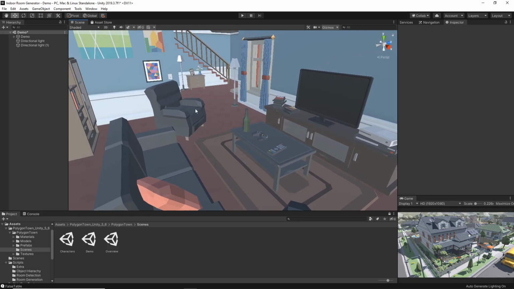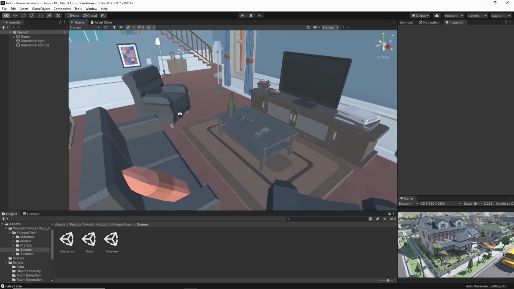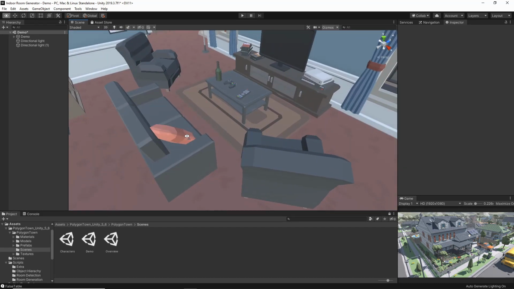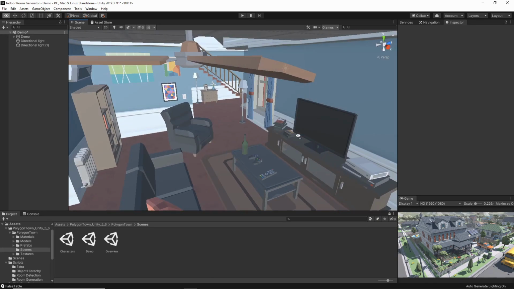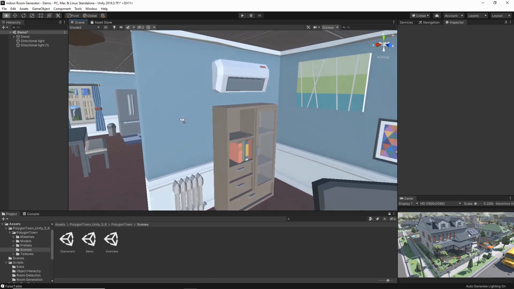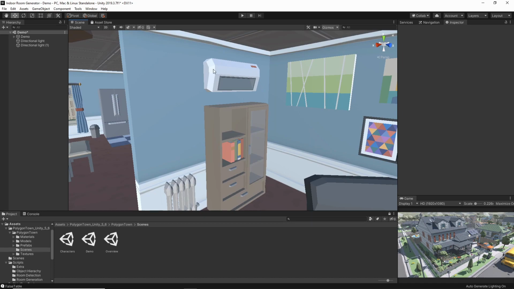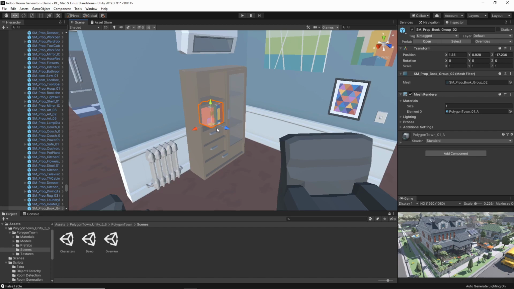Things I can't generate are these seats next to the main sofa that are faced towards the TV. I might be able to say that they're next to this sofa and then give them a condition to face in a specific direction or towards a specific object, which might work. And also another thing too is I can't really generate this AC unit above another object at the moment. But maybe when I get around to generating objects like these bookcases, or books inside the bookcase,